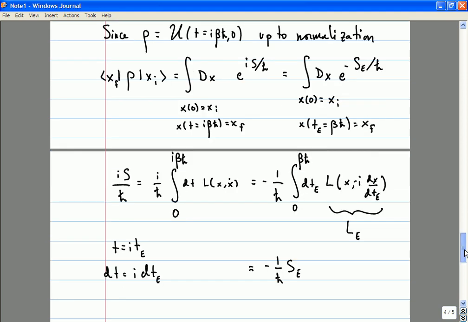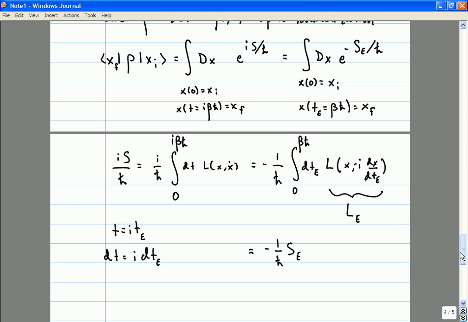And the important thing to note is that t Euclidean is a real variable, and that L Euclidean is a real function of x and x dot,